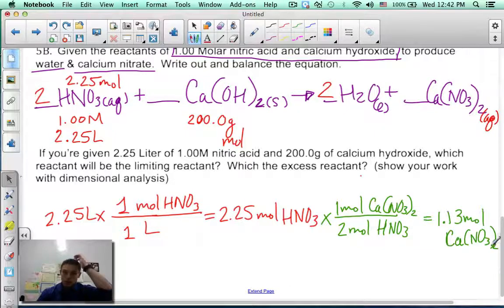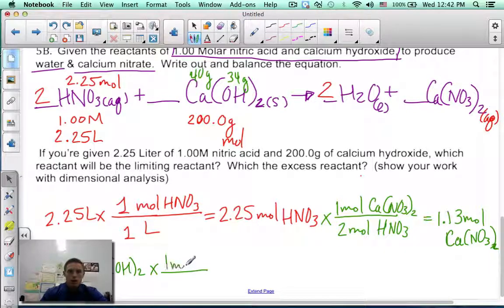Okay, that might be my theoretical yield, but I need to test the other number of moles out. So this calcium weighs 40 grams. This hydroxide weighs 17 grams each. So 17 plus 17 is 34 grams. So total this weighs 74 grams. So what I do is I say, okay, if I have 200 grams of calcium hydroxide and I multiply it times 1 mole of calcium hydroxide for every 74 grams. And what I get is